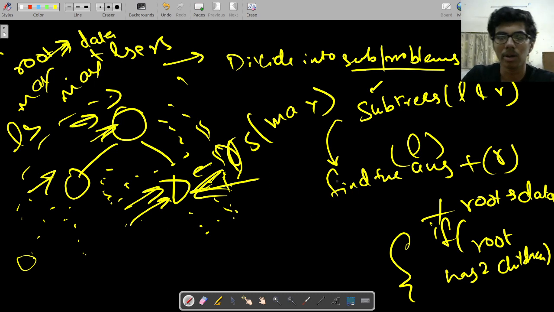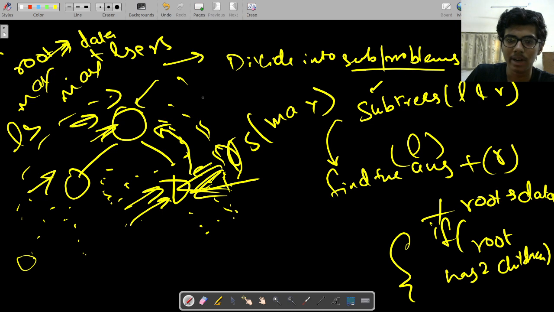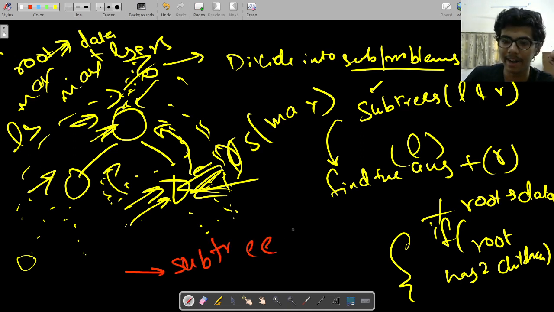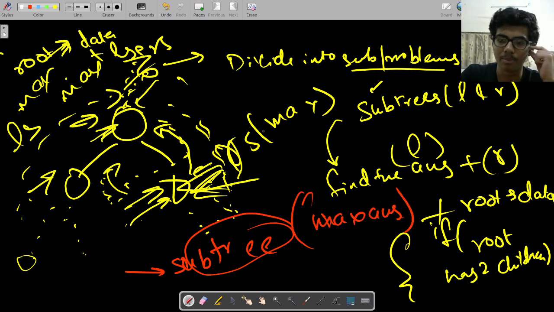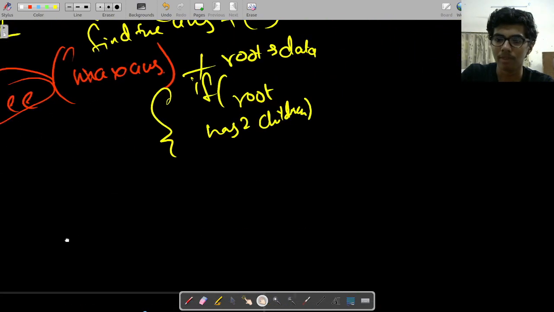Okay, so now if I continue ahead, I will be getting my answer for this. If I use this answer here also, I will get the answer for the parent. Its parent node, it has also some parent. I will be getting my answer for this. So that's why I am dividing it in subtree. That's the way we are dividing into subtree. Okay, so I think this is clear. We are dividing into subtree and finding the maximum answer for all of them.